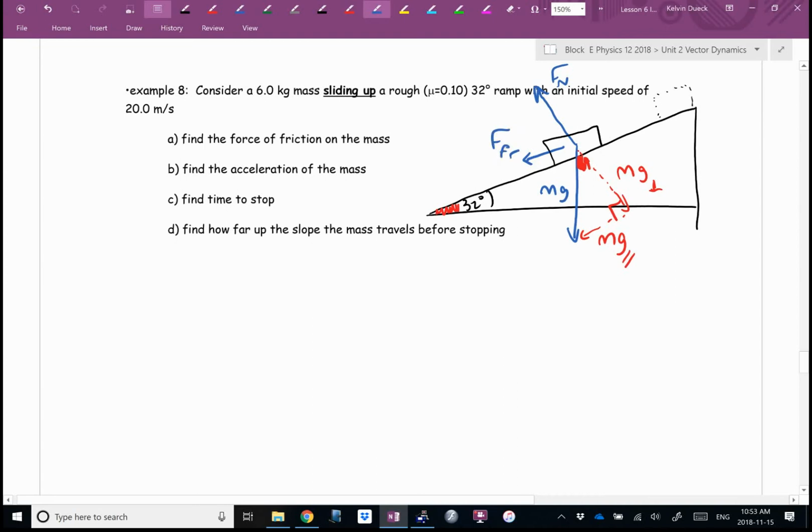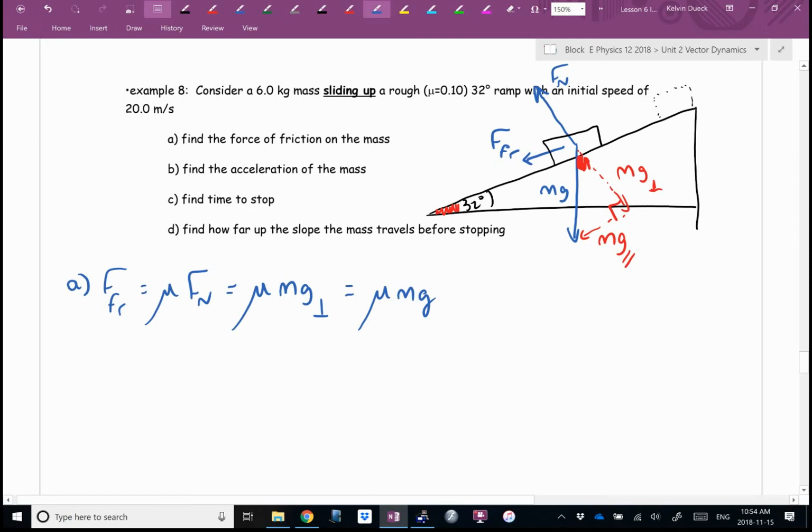Cool. Okay. A says find the force of friction. All right. Friction is mu times the normal force. I don't know the normal force. But look, I don't know the force the same size as the normal force. Which force is the same size as the normal force? I know you thought the right one. So it's going to be mu mg perpendicular, which is going to be mu